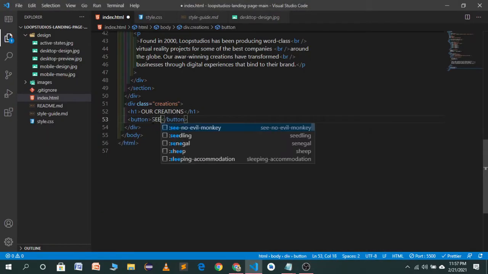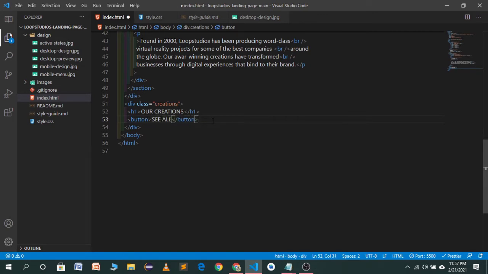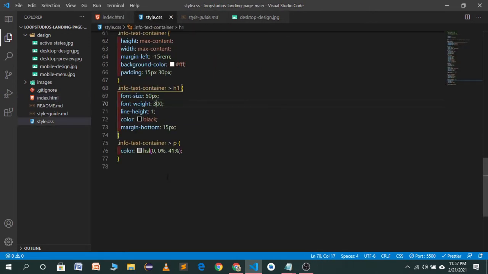So we will use flexbox to align these items in the horizontal direction. I will copy the class name and go to our CSS file and target this in the creations.